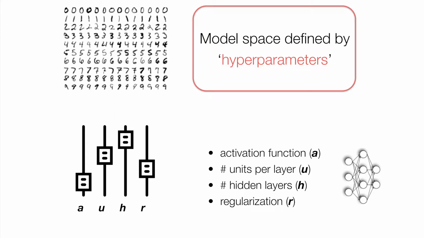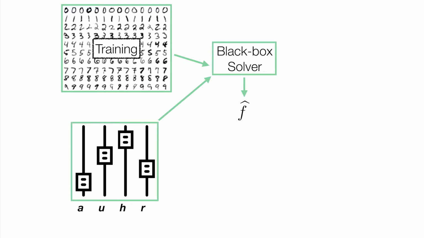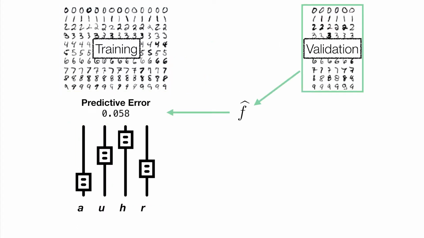Right, in this example, there's 4 knobs that we want to tune. In more practical applications, you can have dozens of knobs. This is kind of a simplistic example. But once you define this problem and you want to search through this hyperparameter space, what do you do? Well, the typical thing that people do is you try a particular hyperparameter configuration from the space, and then you take that configuration along with your training data, feed it into some black box solver that's running gradient descent or stochastic gradient descent, and then you get some trained model, and then you want to evaluate it. So you can evaluate that model on some held out data where you know the answers to the predictions, and you get some score, predictive error associated with this particular configuration.